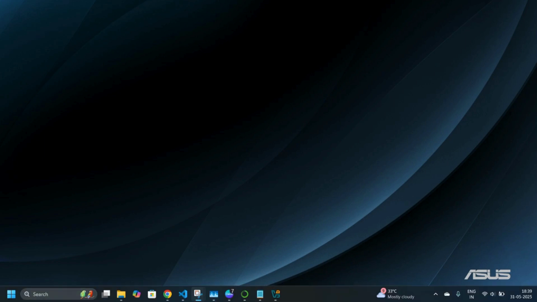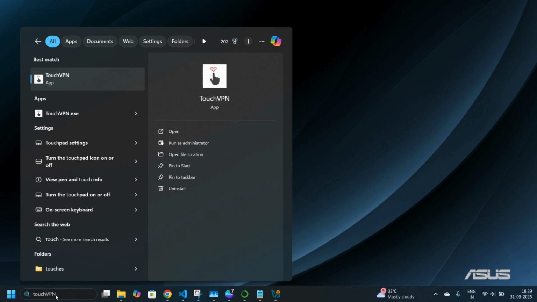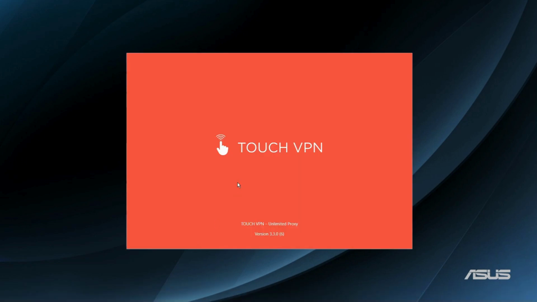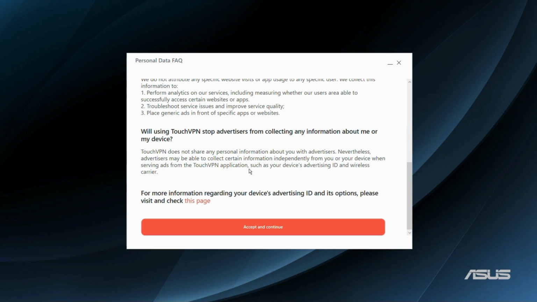Now to access the Touch VPN, simply click onto the search bar of the taskbar and search for Touch VPN. And here you can see under the best match, this is the Touch VPN application. So simply double click onto the Touch VPN application and wait for the application to launch. So here we have entered the Touch VPN application, and before starting you need to click onto this accept and